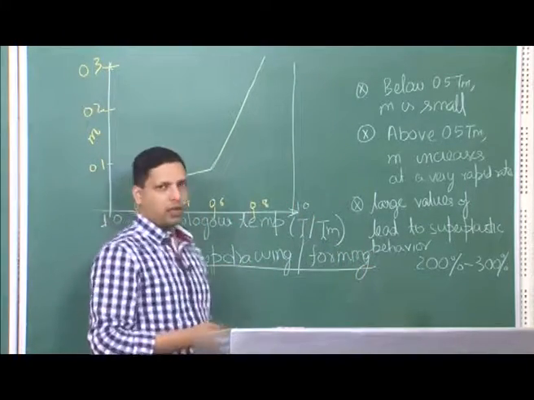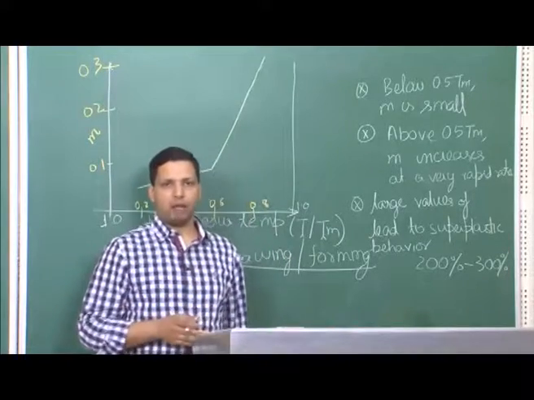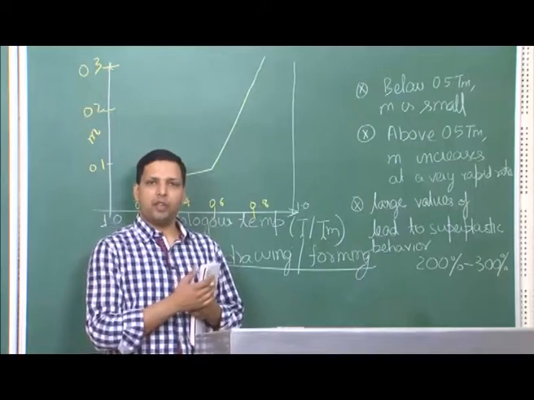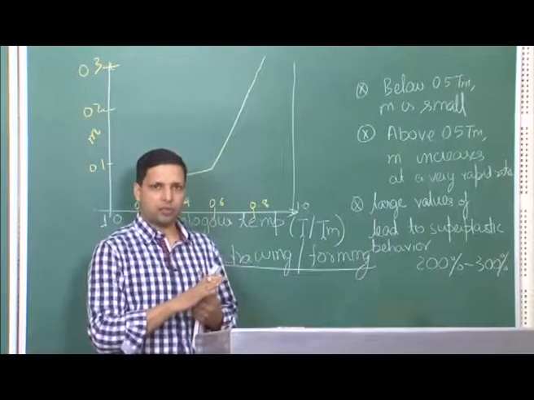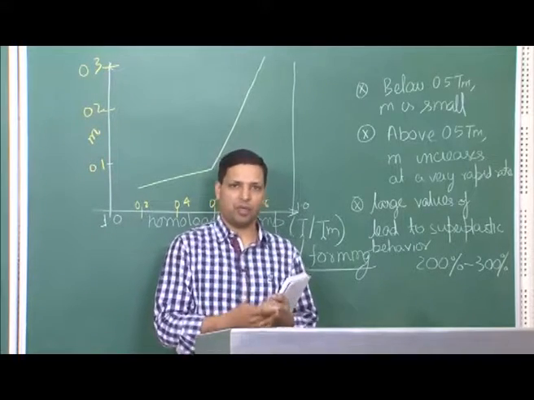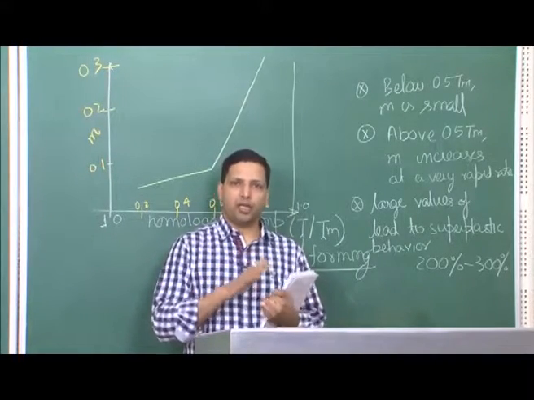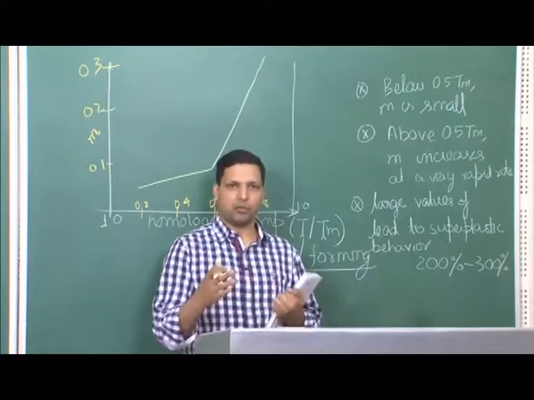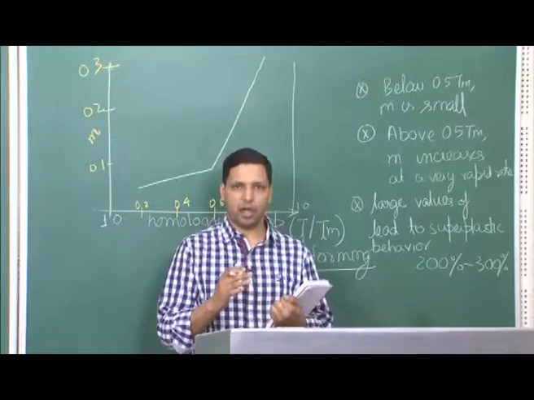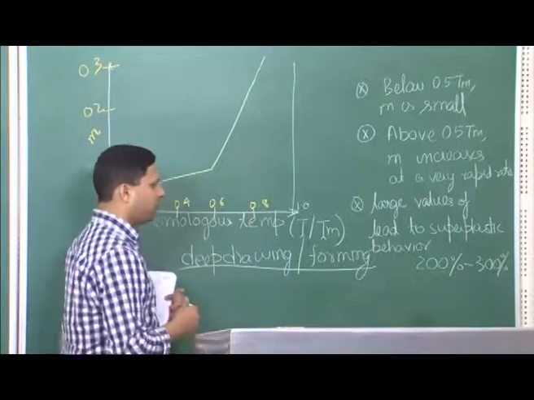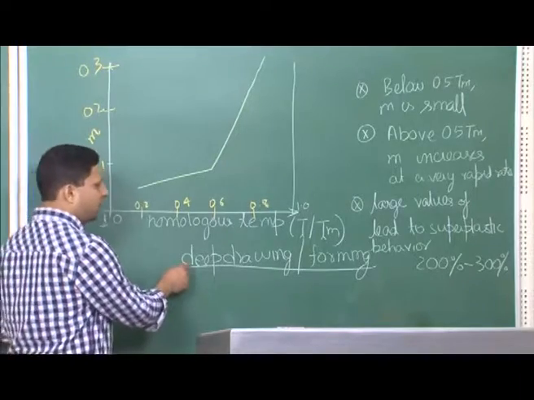For example, if you see some components which have been drawn, drawn means you would see kind of embossment onto the surface, but very deep. So, you cannot call it embossment anymore. You have put the die and the material has elongated from a sheet metal into something of a particular shape. That kind of drawing or forming is called deep drawing and deep forming, and over there you need very large